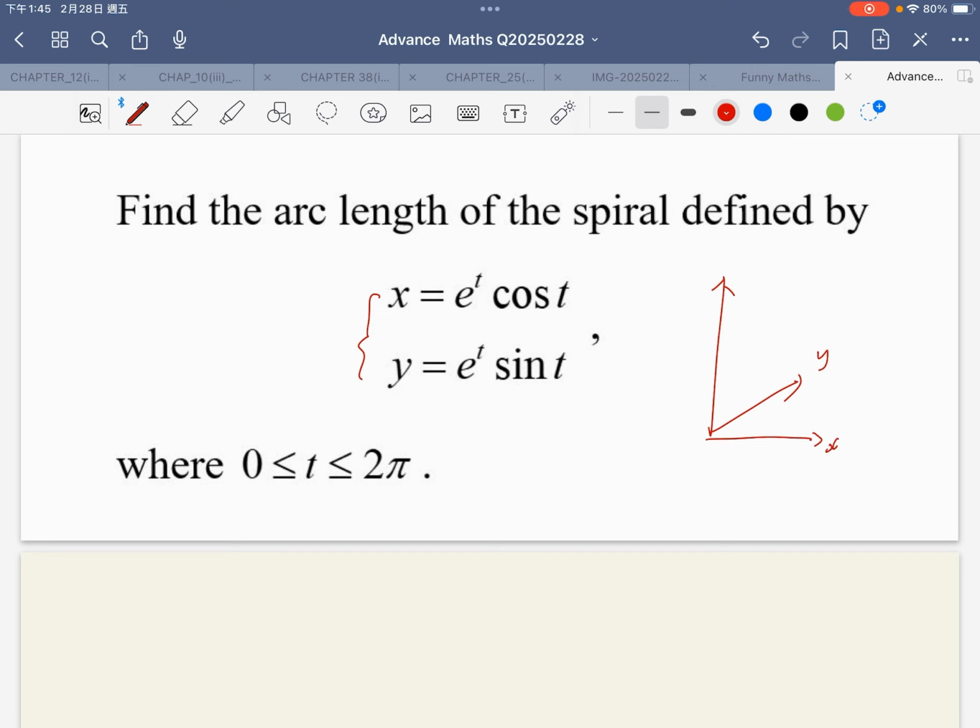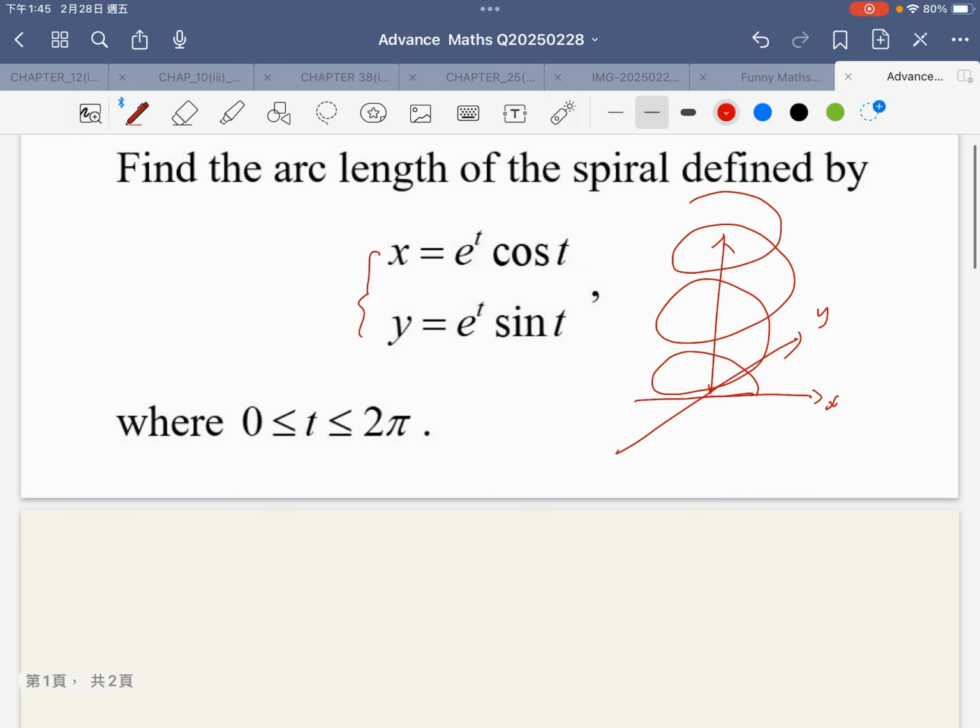It is like that. I hope you will not be confused. Finally, it will not confuse your viewpoint. And calculate the arc length of this spiral